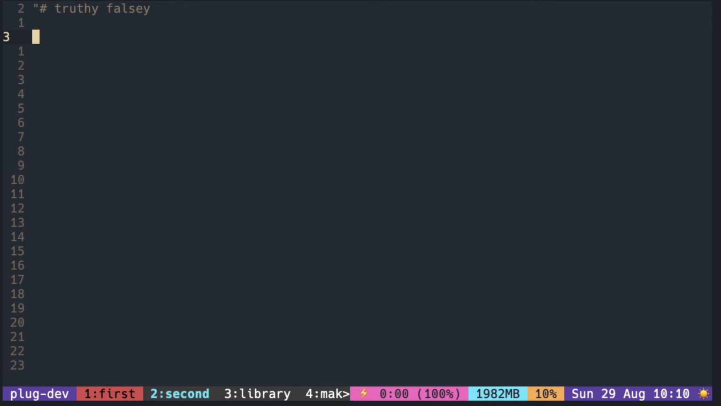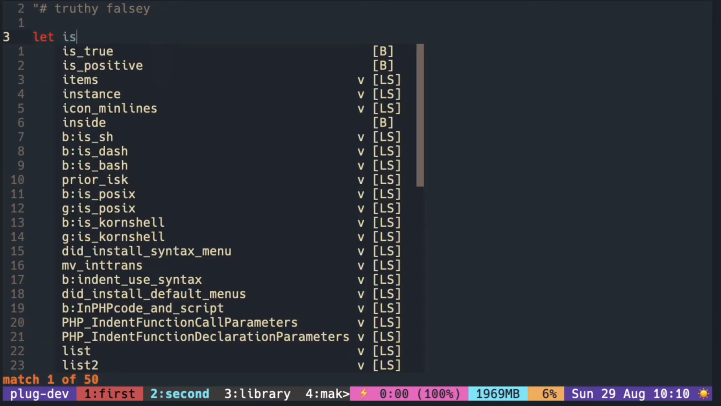In the previous video, we looked at the if statement in Vimscript. Mostly, it worked as you would expect. But there are some cases that are different from what you're used to. One of them is truthy and falsey values. What I mean by that is what is being treated as true and what is being treated as false inside the if statement. We can verify that by putting the